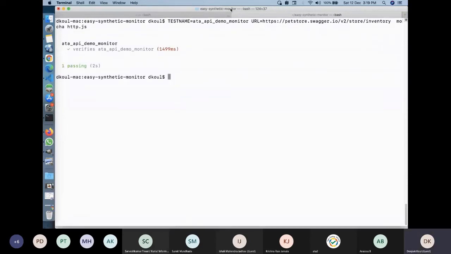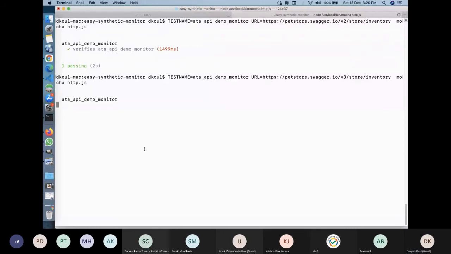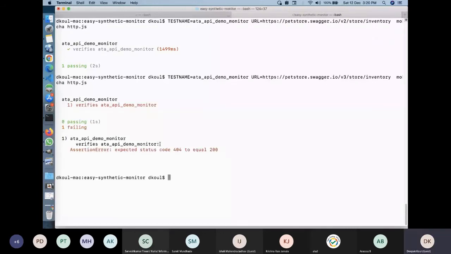To check the inverse condition, we need an API which does not give a 200. So let's say if they have a v3, v3 is not present, so it threw a 404, right? But we asserted for 200, so you can say that this check failed.